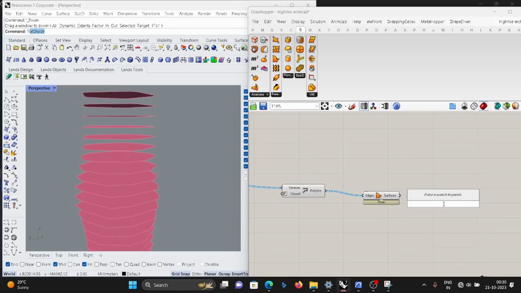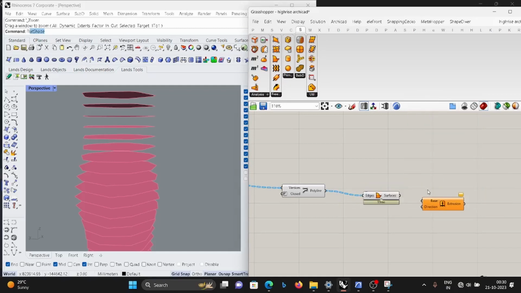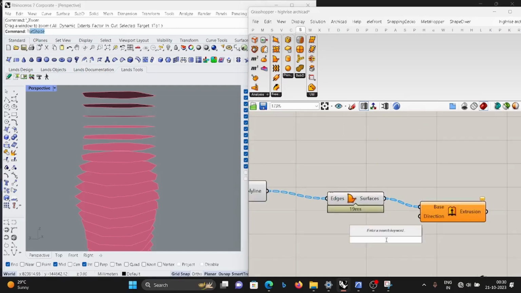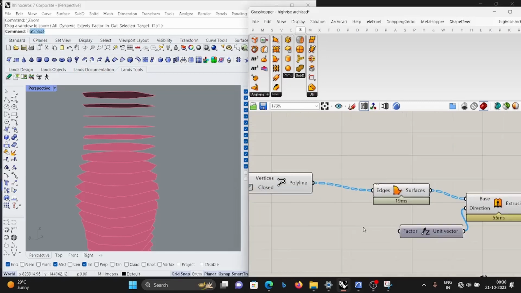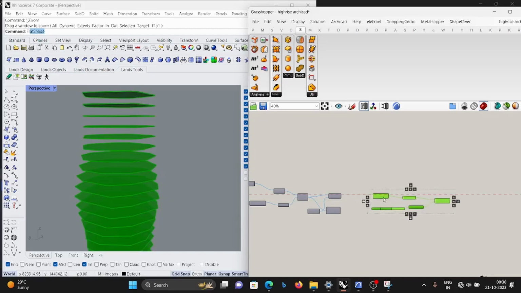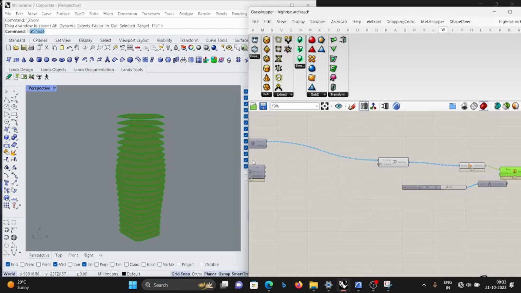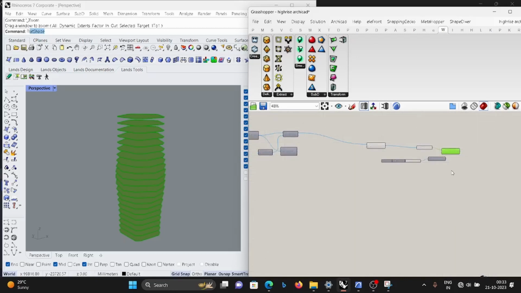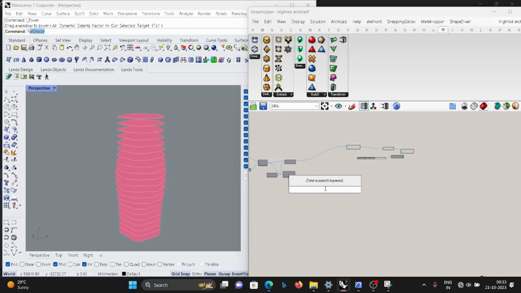Extrude in the Z direction. For example, 200 thickness. This is our slab. What we are going to do next is make our skeleton. So let's put it upper, and then